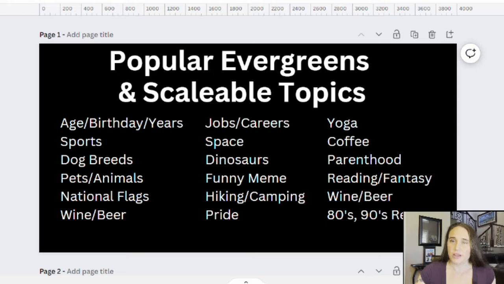Anything that has to do with parenthood, so motherhood, fatherhood, you can't scare me, I've got 2 girls. You can't scare me, I've got 3 boys, or I've got twins, or anything like that is very scalable too, and very relatable and very funny. So you can find ways to go ahead and do some cool parenthood designs.